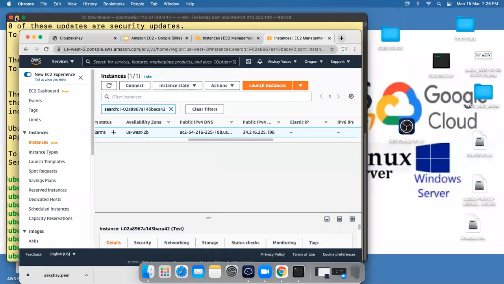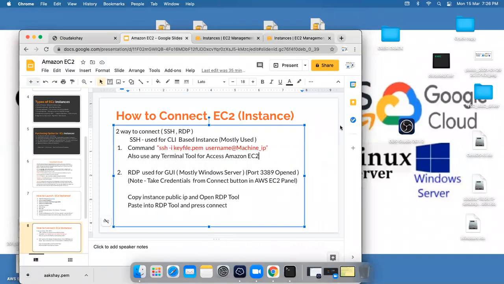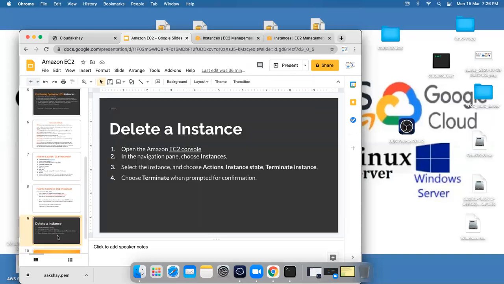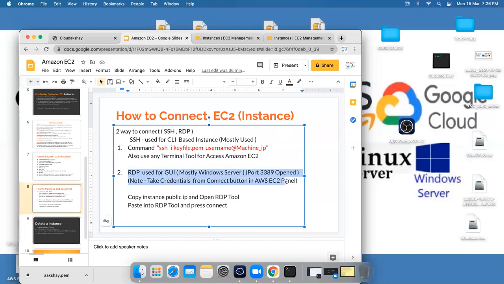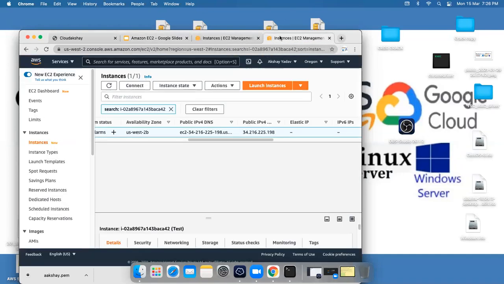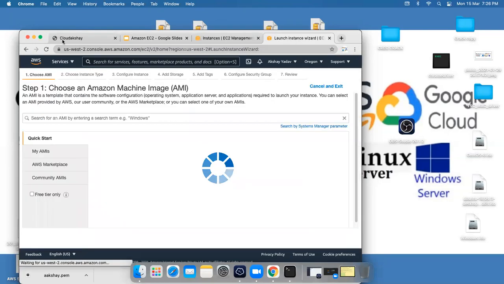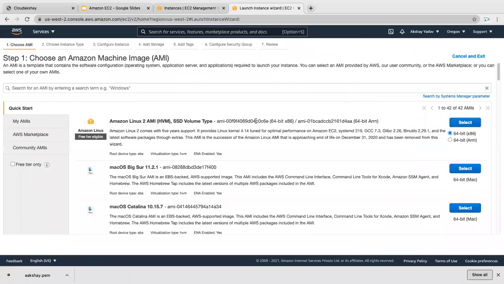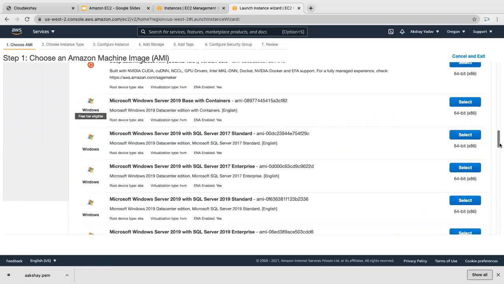Okay. So this is the way to connect your machine to AWS EC2. And let's go to the next. The next question is how to delete an instance, and let's see how RDP works. So I'm going to launch a Windows instance for RDP. Select, and I'm going to choose the Windows machine.